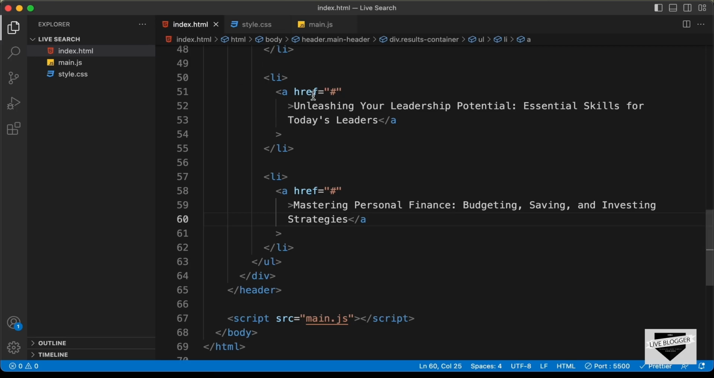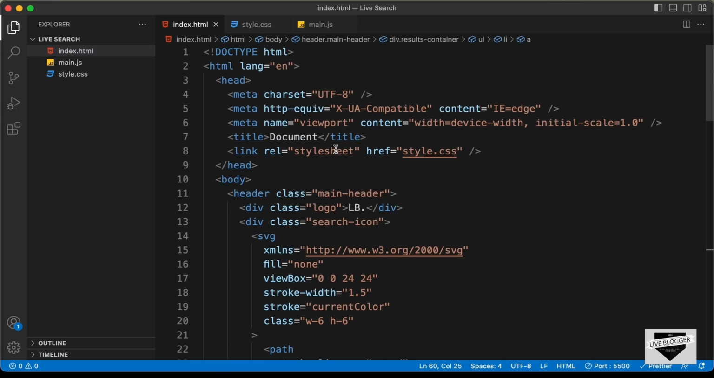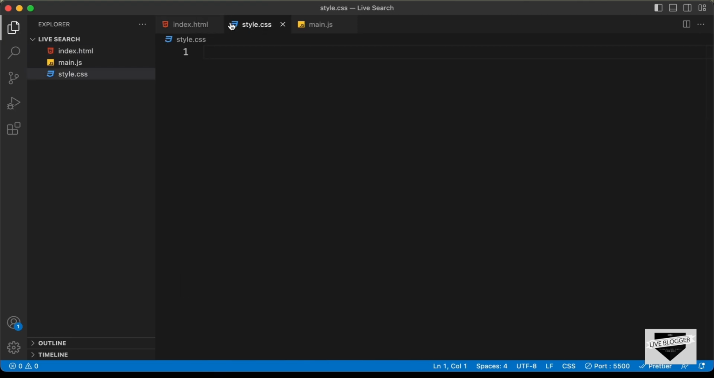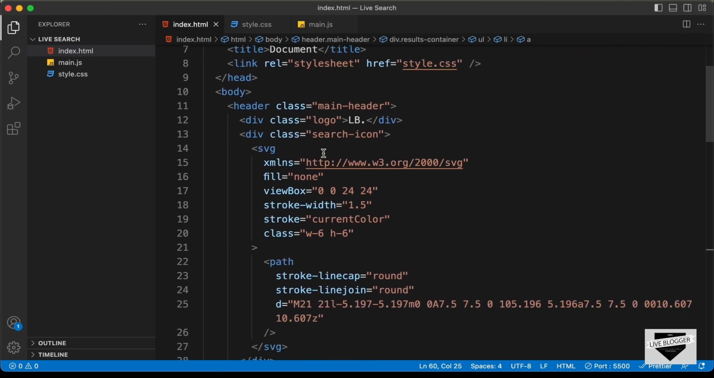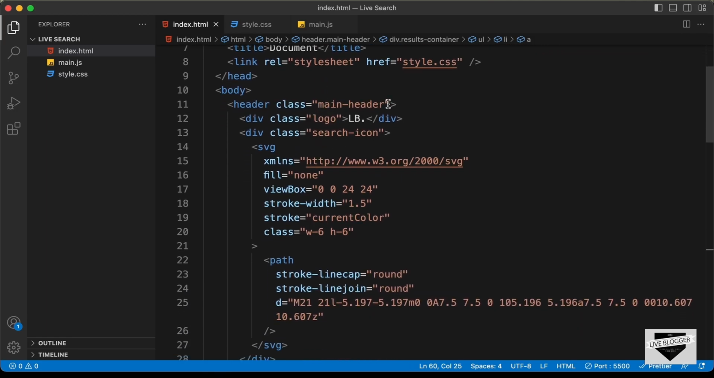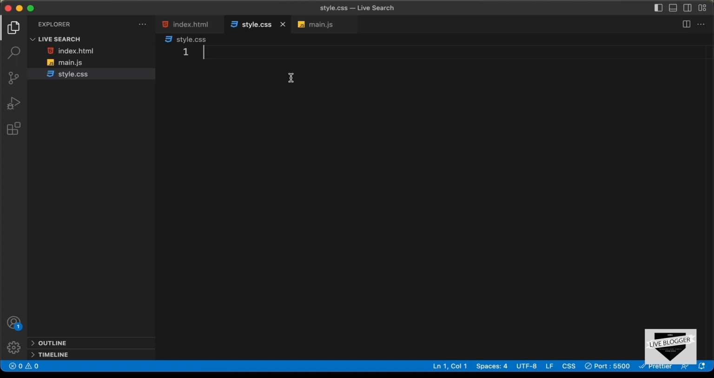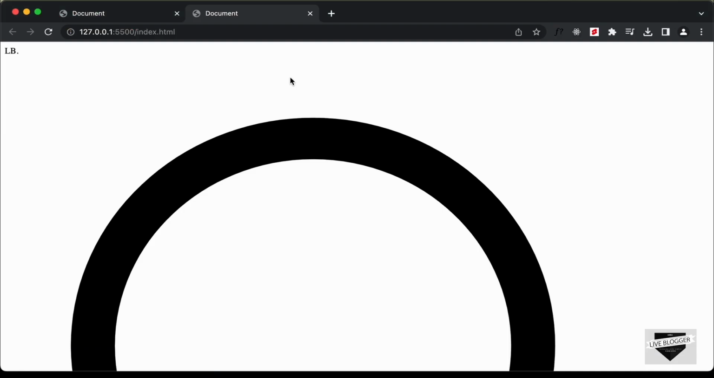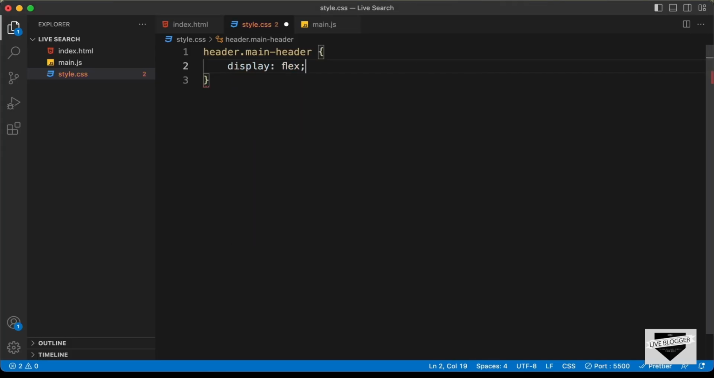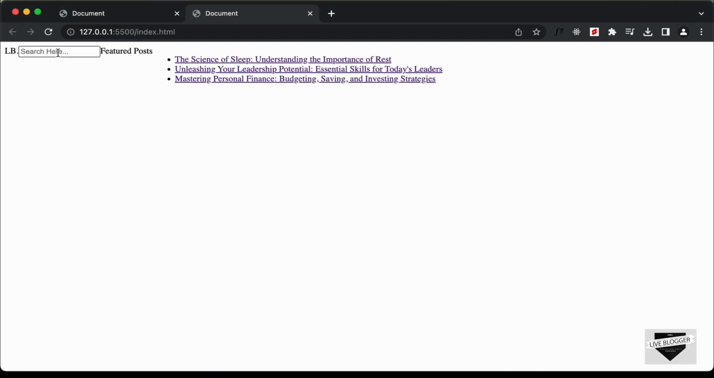So let's go back to our code, and here we can see we have already linked the CSS file. So let's go to our style.css file, and first of all let's target the header, and for the header we also have a class of main header. So let's type header dot main header, and we need to have the logo on the left side and the icon on the right side. So let's type display of flex,